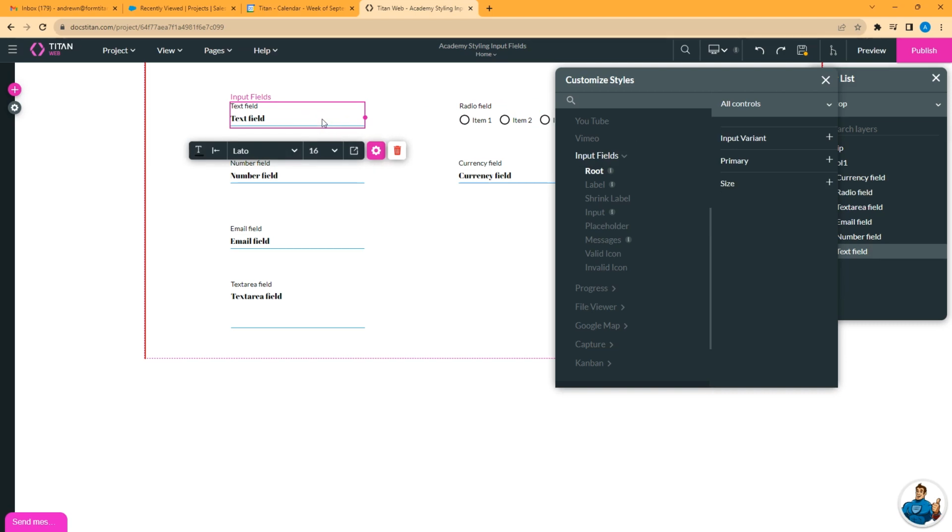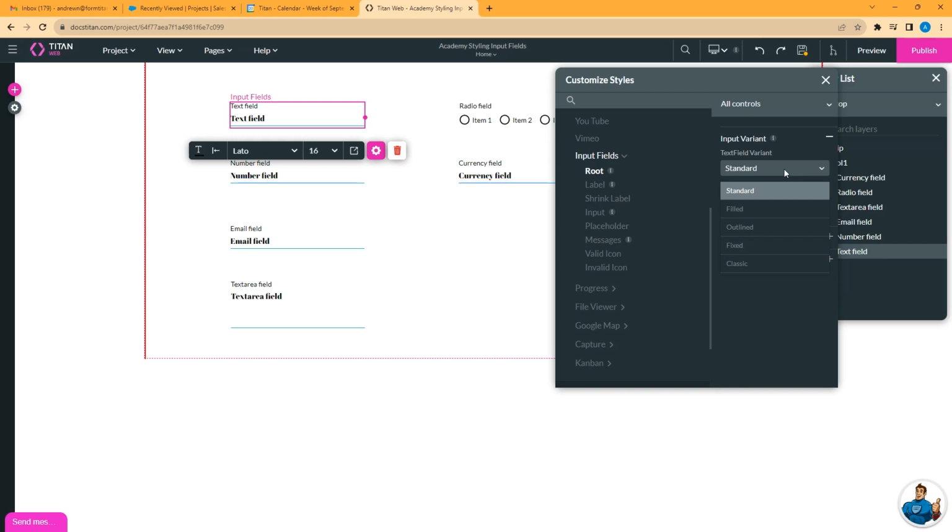Okay, let's start styling and talk about the most important properties of the inputs. Since we want our inputs to look similar, it is recommended to start off by setting their common styles as a group, choosing their variant, setting their primary color, and setting a size. Let's talk about the main options in the root. The element variant under the root